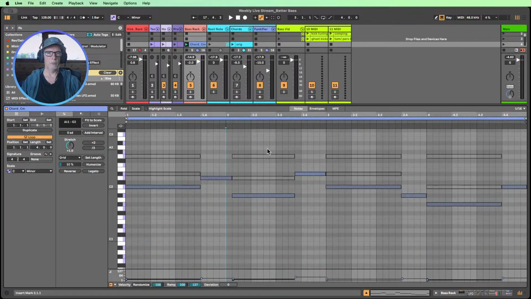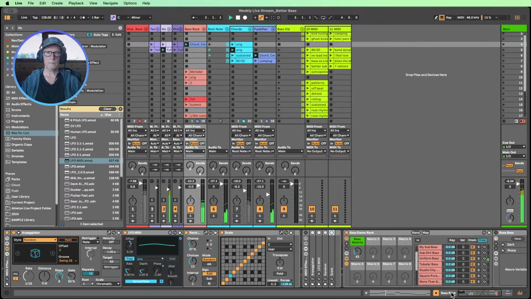So the root notes of our chords on this bass rack with that little funkifier rack. All right, let's try it out.